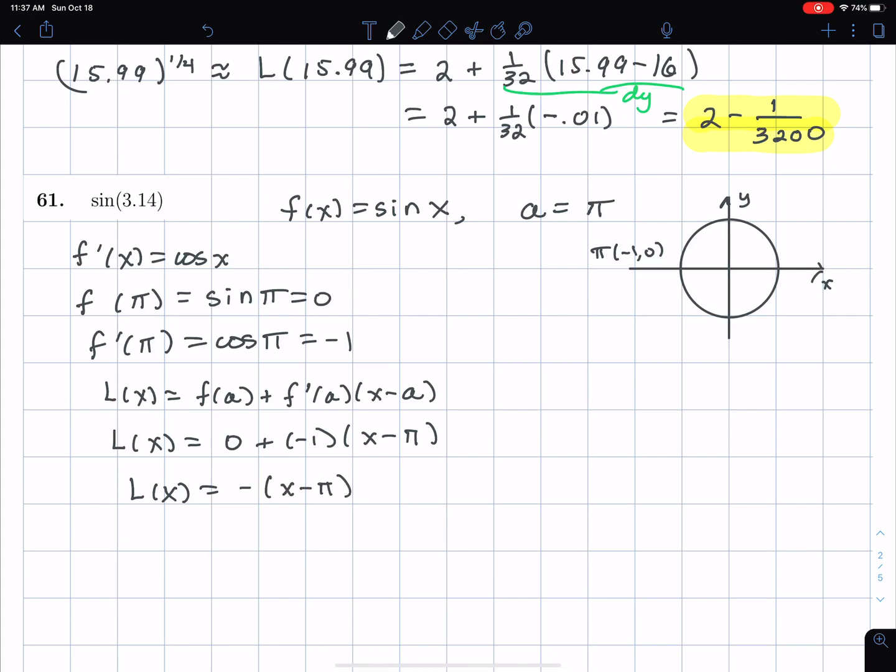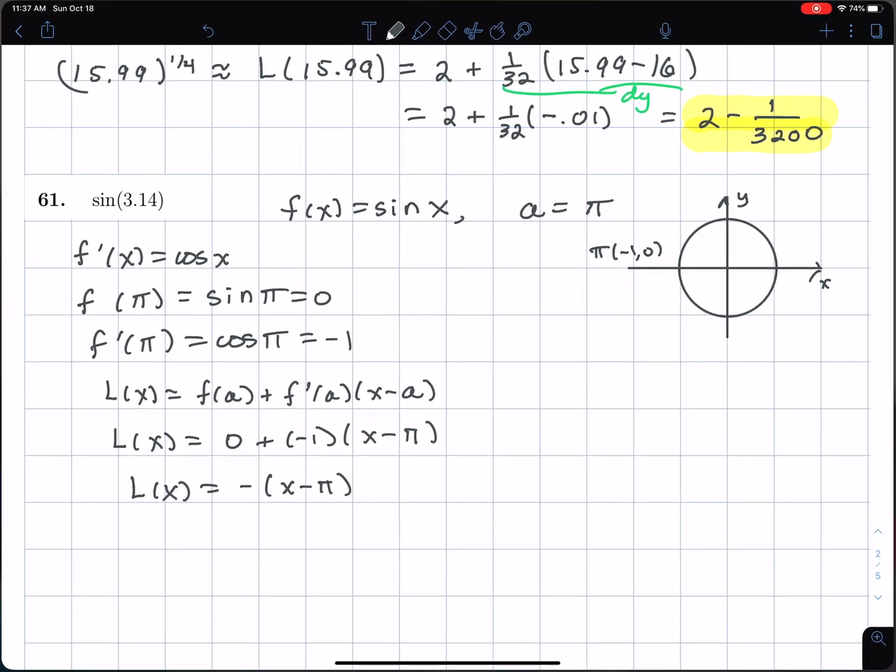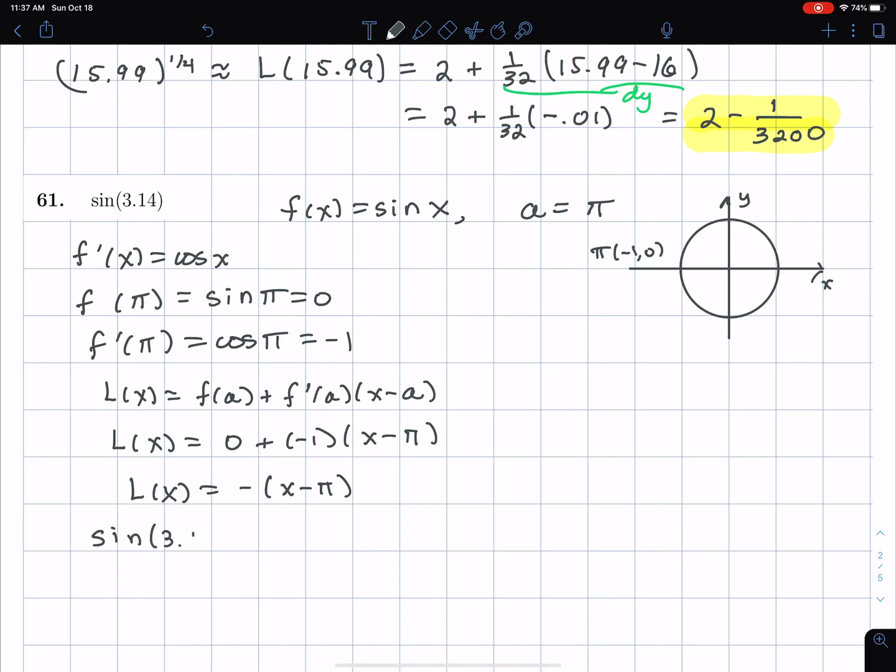All right, now the idea here is that sine of 3.14 is approximately equal to L of 3.14, and that's going to be negative 3.14 minus pi, which is the same thing, if you distribute the negative, as pi minus 3.14. So that's interesting. The problem is we would need an approximation for pi. A longer approximation would be, we have 3.14, but at least